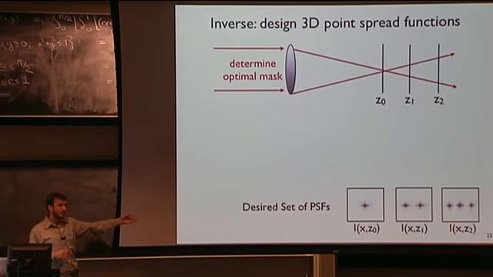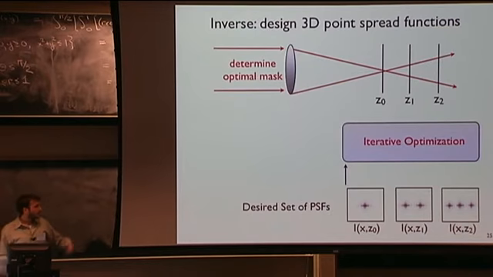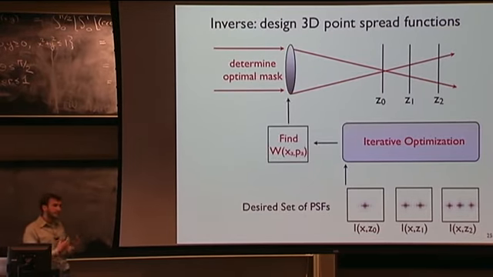So we wanted 1 point in focus, let's say. This is just a toy example. And then 2 points out of focus. And then 3 points out of a further misfocused plane. So a way to do that is we developed this iterative optimization method, which just finds the best Wigner distribution to fully describe our camera. And that then tells us an aperture mask or a pattern to put in the lens to make that point